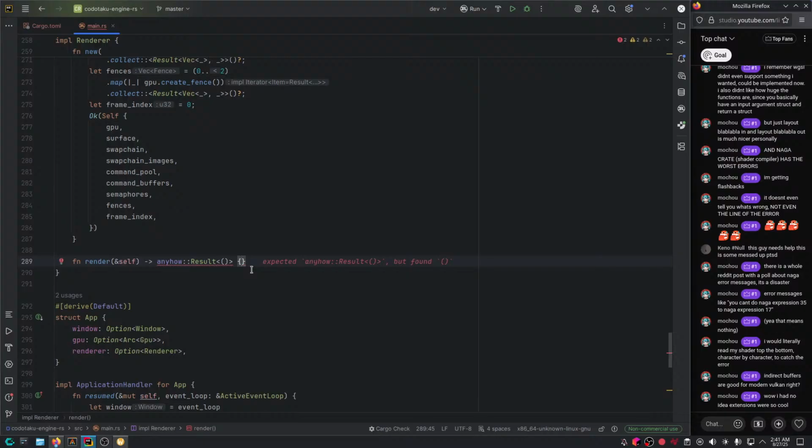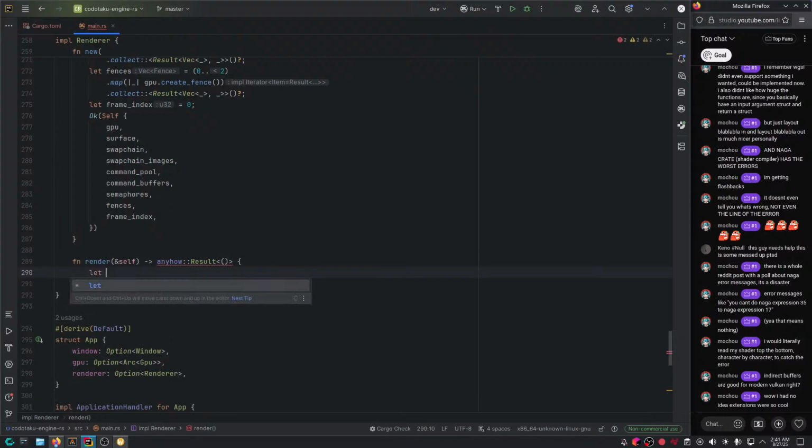Since we made a little abstraction over that stuff, our code would be much cleaner in the render function. So we're gonna say, acquire image.